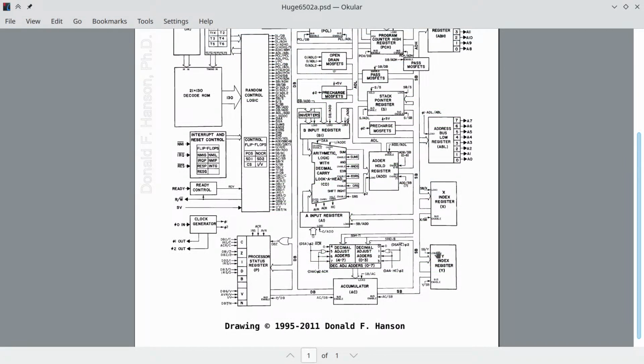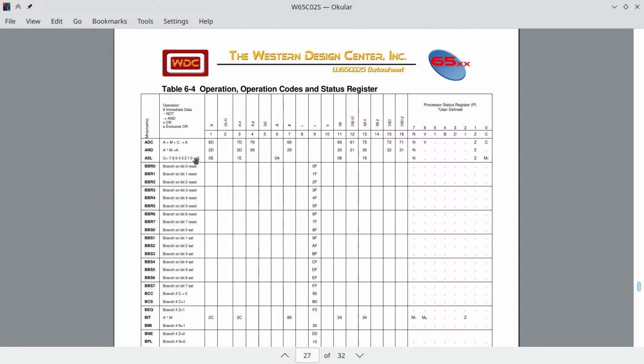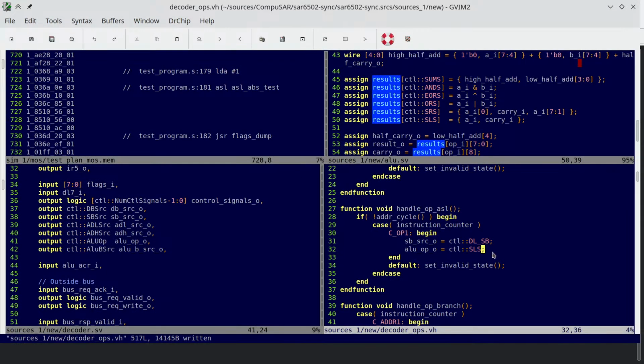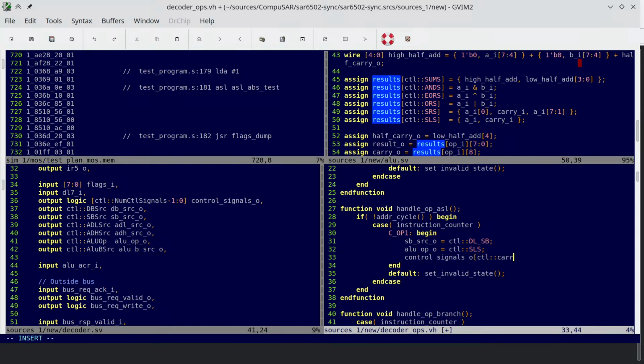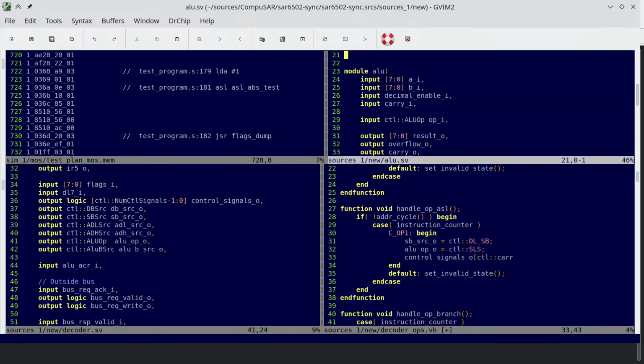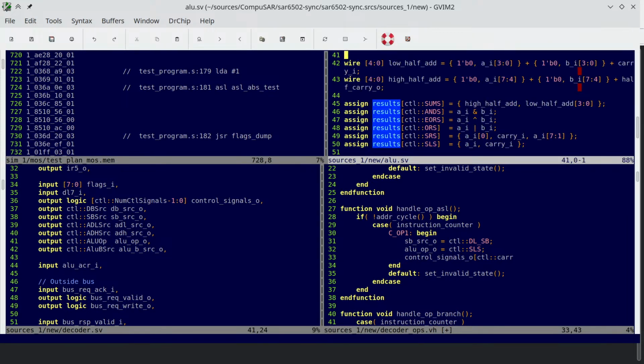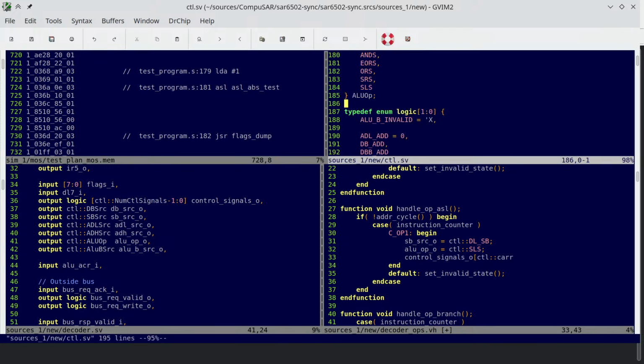Now, since the opcode requires that we feed 0 into bit 0, what we need to do here is to say control signals CTL, that's the CTL. We want the carry. Here we are, control signals, and we want